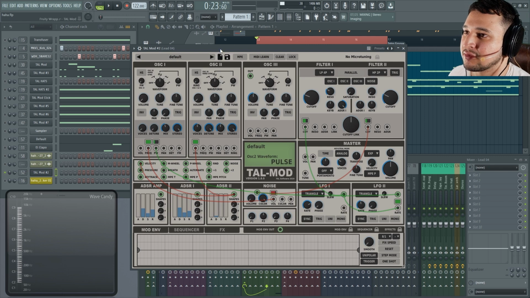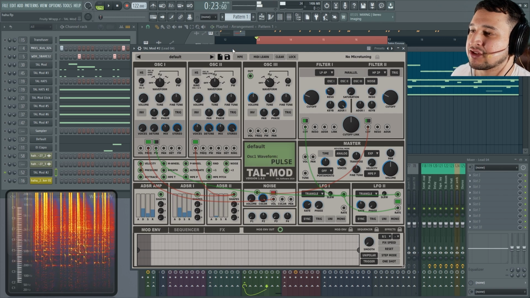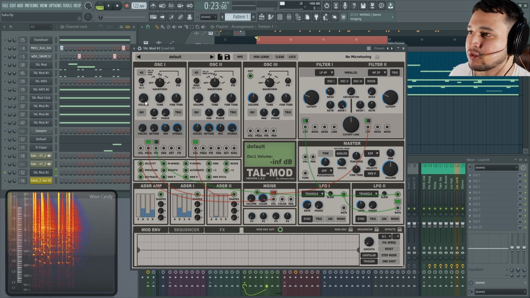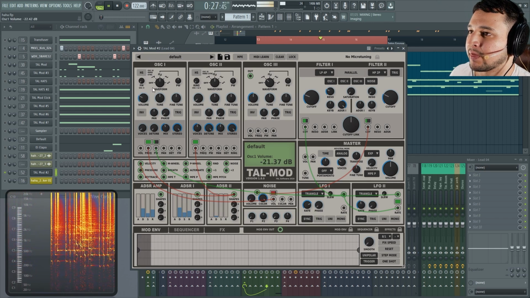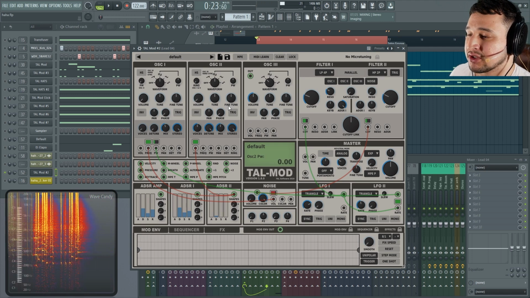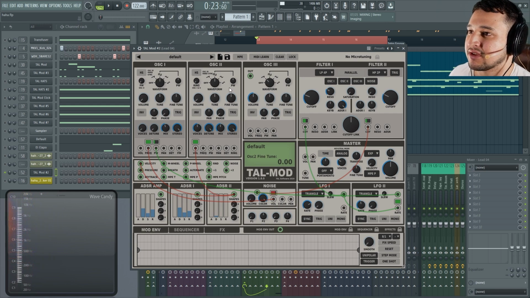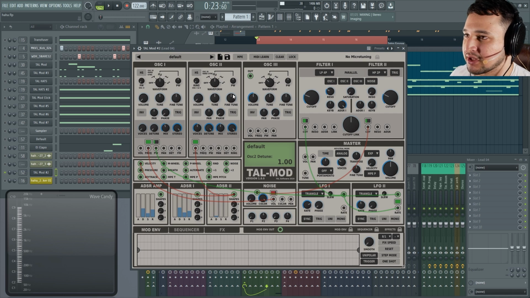Let me show you this. So there's actually two oscillators playing here. There's the square one. And then there's a square that's being pulse width modulated by, not pulse width modulated, but it's a pulse width, and it's being controlled by the ADSR2, and that's creating this little plucky hit,